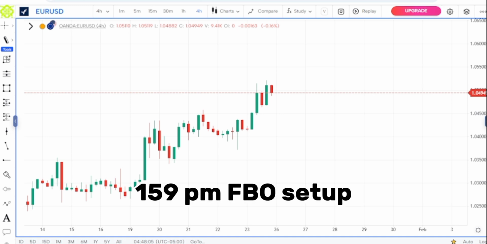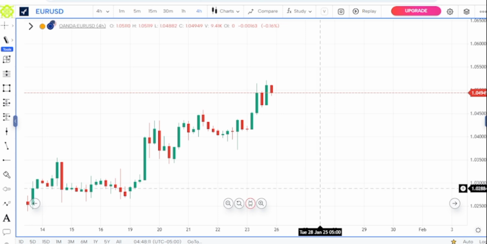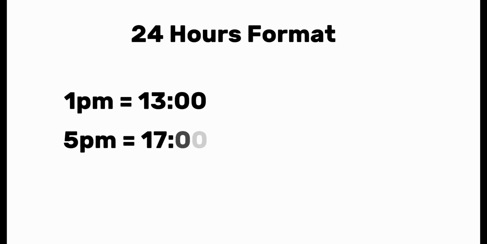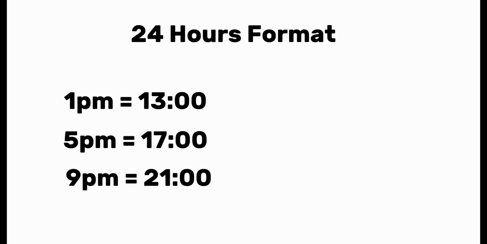fake breakout setup. Before we dive into the concept, let me clarify that the time displayed on this charting platform follows the 24-hour format. So according to this format, 1 p.m. is represented as 13, 5 p.m. is represented as 17, 9 p.m. is represented as 21. Thus, when I say 1, 5, and 9 p.m., I'm referring to 13, 17, and 21